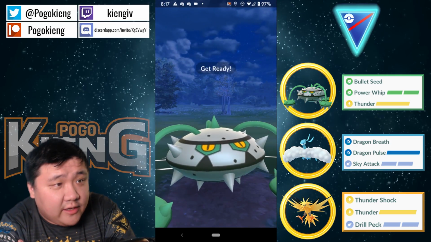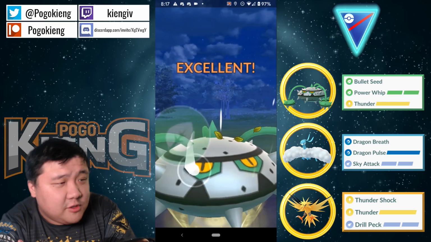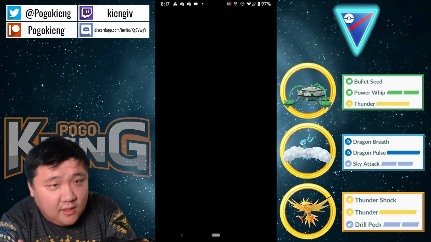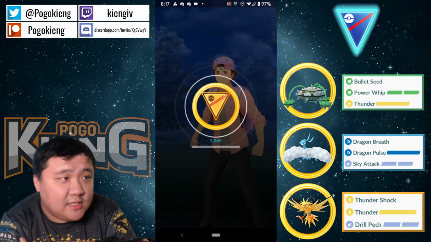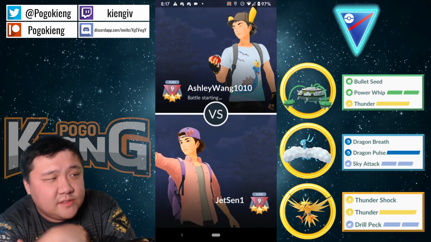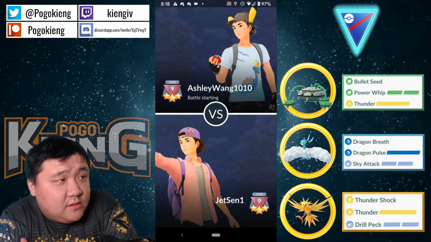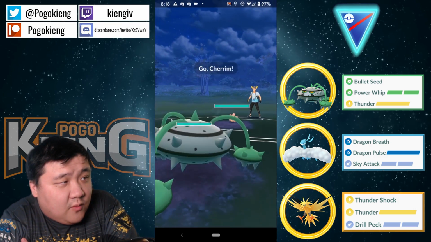Like a Mud Shot and Hydro Cannon, that type of thing. I'm trying to think what else is 40 energy. So that ends up carrying because Melmetal is very glassy. Very interesting decision. I guess Power Whip, would Power Whip end up doing actually more damage than... it had it there already. So okay. All right. Going into this next matchup, we're gonna see